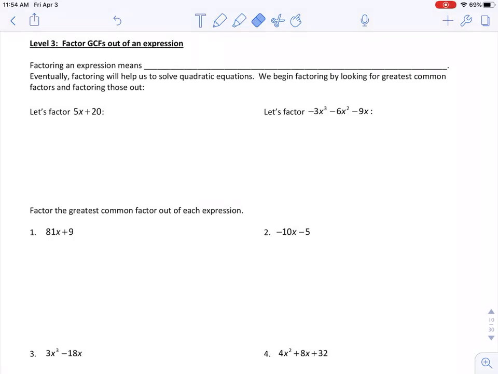Okay, welcome back. So now we're on the third level of the second skill of Unit 9. And we're going to keep building. So what we've done is worry about greatest common factors, and now we're going to see how we apply that to factoring more general expressions. So we'll have things like binomials or trinomials. And what factoring essentially means is that we're going to rewrite an expression